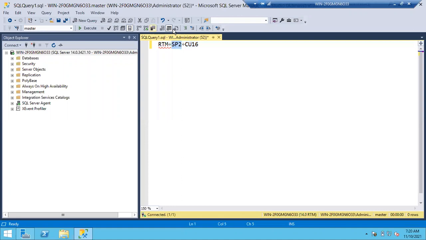SP1. But you haven't applied SP1, right? How come you go back to SP1 again? We don't know, sir, whether we installed SP1 or not. See, whether you installed SP1 or not, that is different. In that case, you can verify it. Once you remove it, don't think it will go to SP1. If SP1 is installed, it will go to SP1.